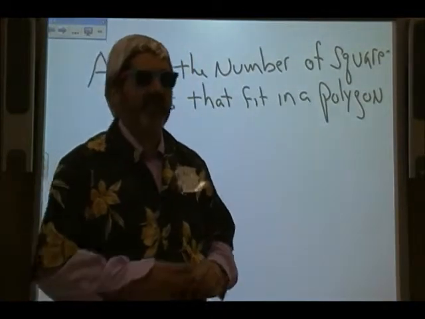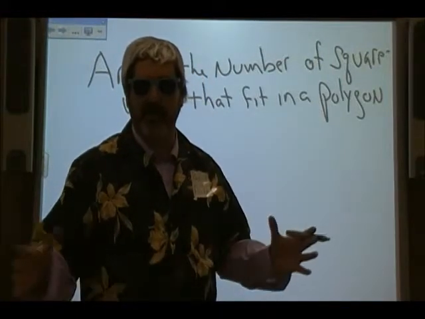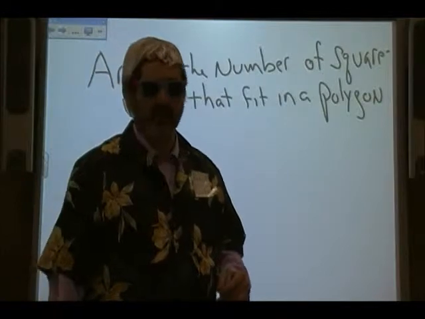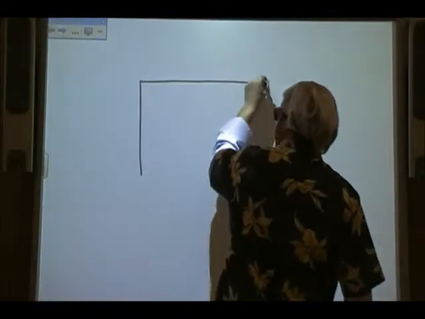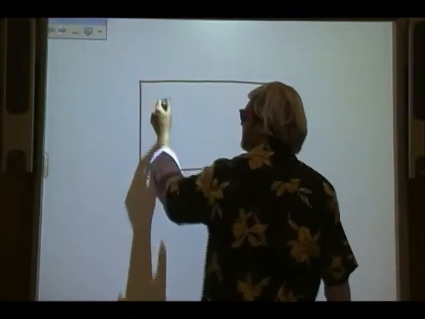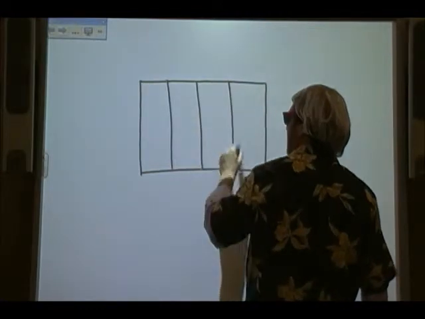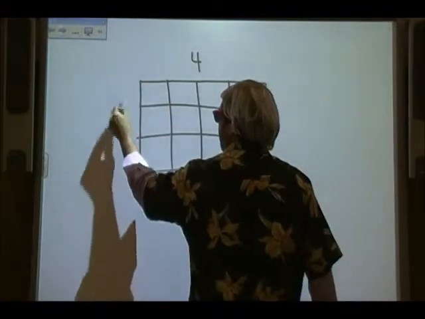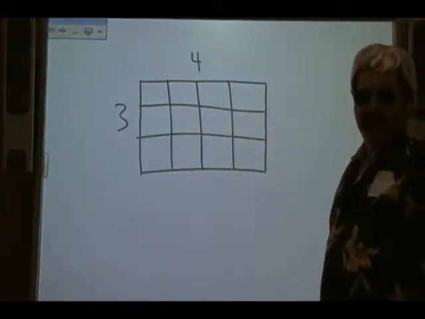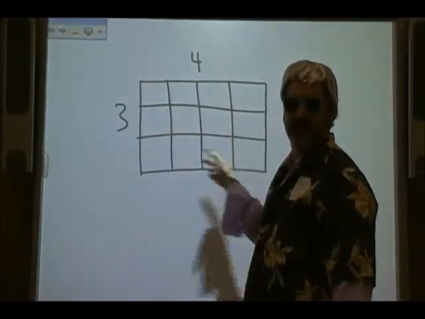Okay? Peace. So, what I want you to do is think about what a polygon is, and you can make it with as many sides as you want. It goes to infinite. The first one, the easiest one we're going to do is the rectangle. So let's make this 4 across and 3 down. So the area of this, very simply, is you count how many squares are in this figure,